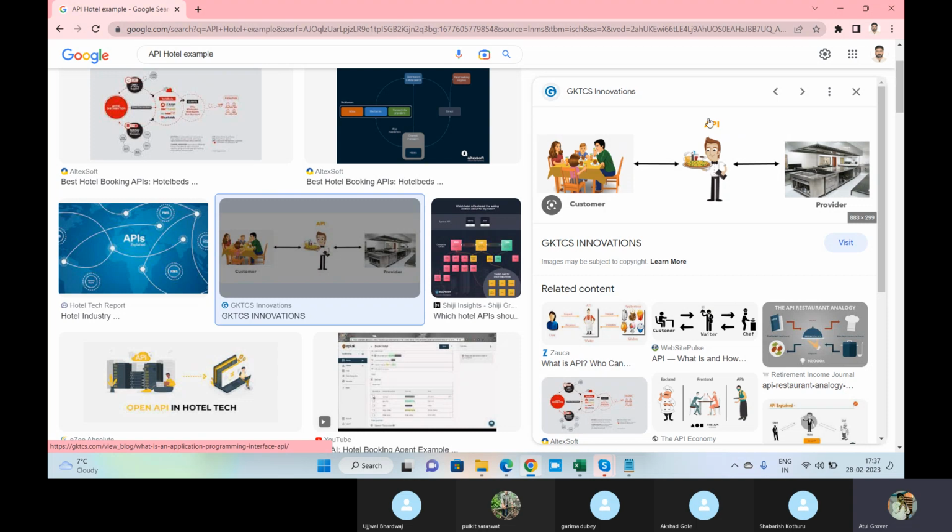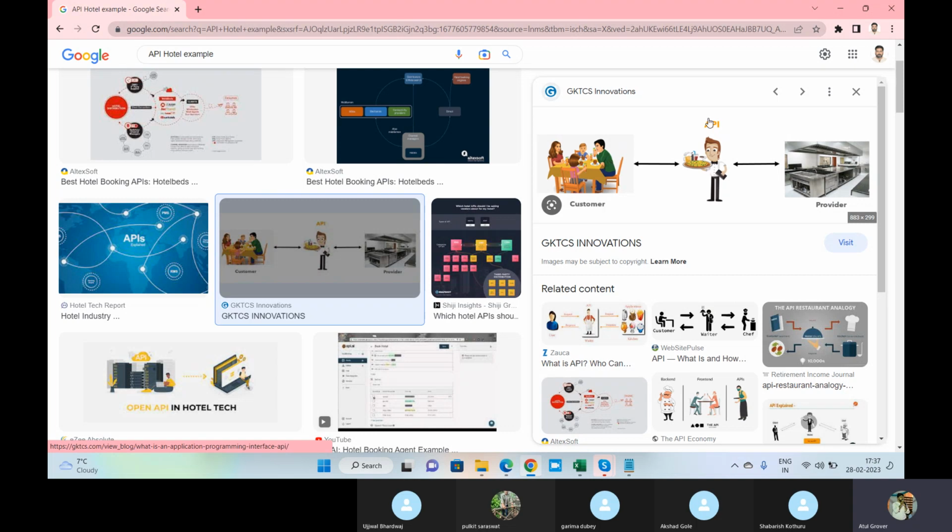So we can build APIs in our ServiceNow as well. ServiceNow provides a lot of APIs out of the box, and this is called the Integration Hub. A lot of APIs are there. I guess as per the latest, 186 APIs are given by ServiceNow, which we call spokes.